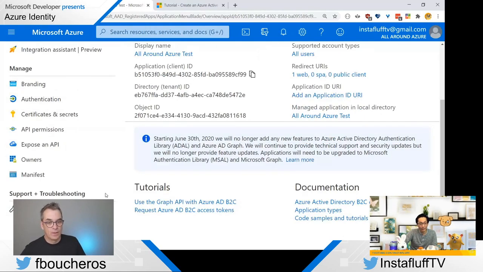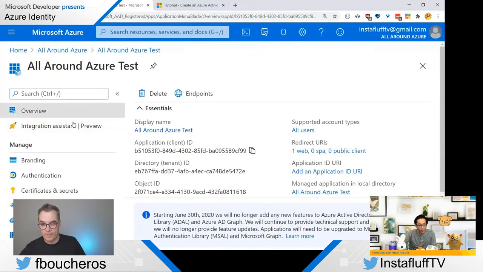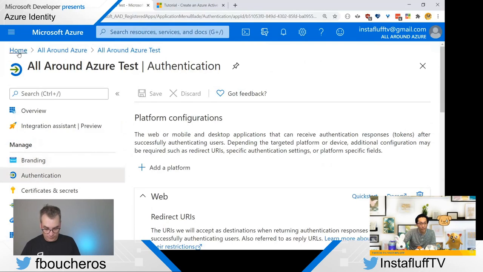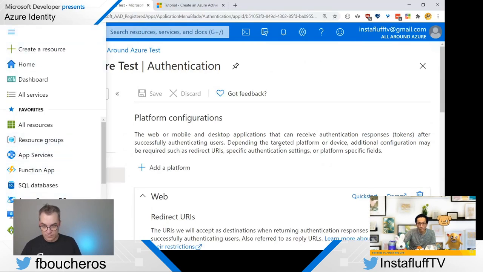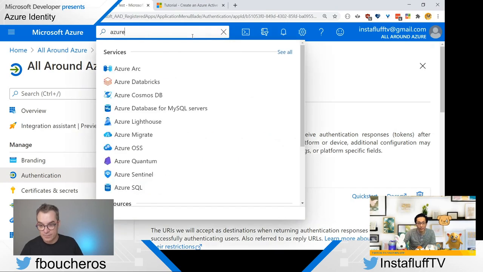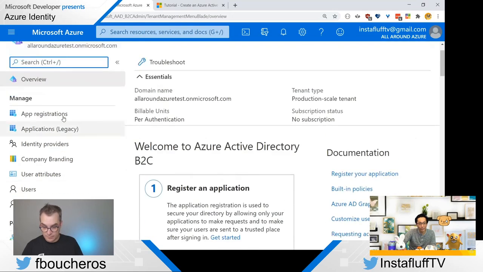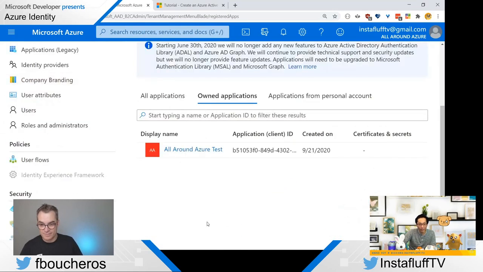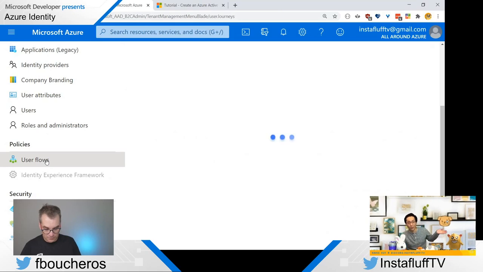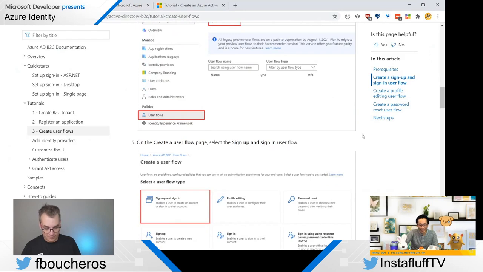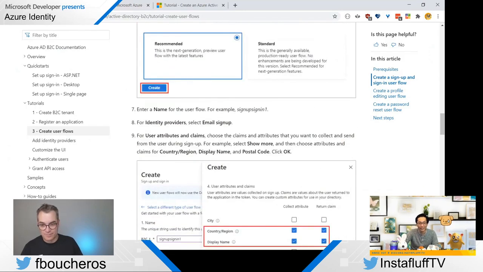Yep. And so, okay, from here now you can see all this other stuff. I remember, like I said, the redirect URL when we were creating it, the API permissions, and so now if we go back to Azure AD B2C here, wow, now we got app registrations and user flows. Perfect, because we got all around Azure, and then policies now finally shows user flows. Heck yeah. So now I can show you the magic.